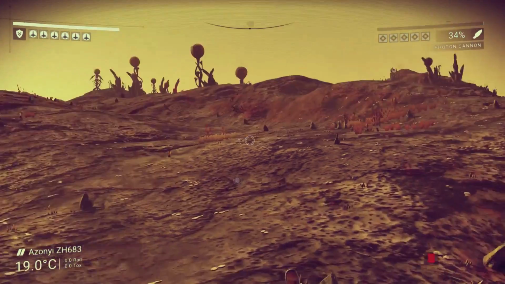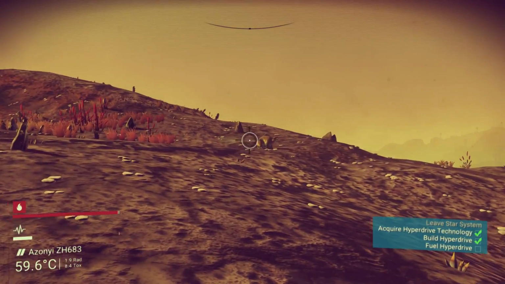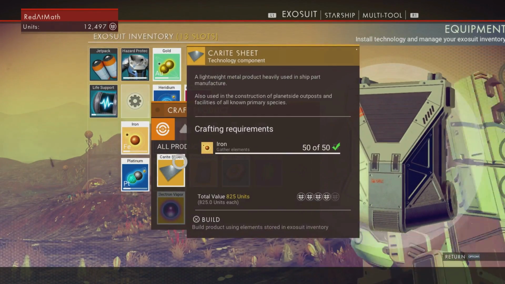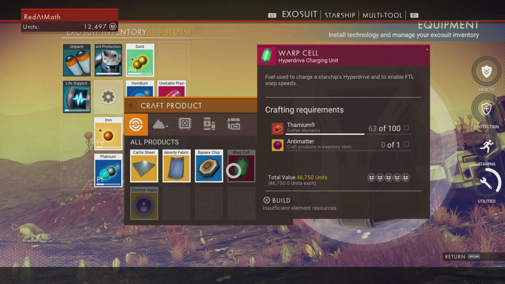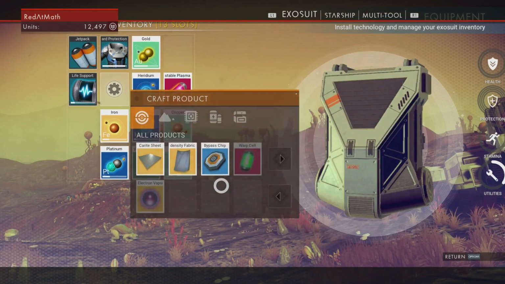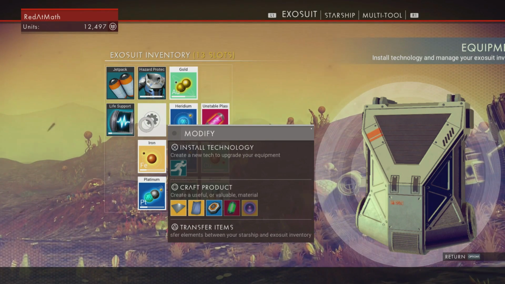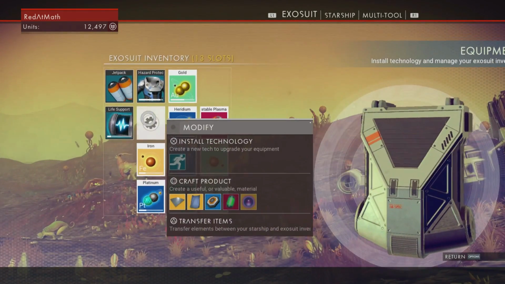How do I get a warp cell? Unredeemed items, I know. One of these days I'll take care of that prompt. Fuel the hyperdrive. Where do I get a warp cell? Craft? Craft warp cell. I need to craft antimatter and have enough Thamium 9. Huh. Okay. Is that something I can do in my starship as well? Oh, gonna need more Thamium. Okay. And then going to need...